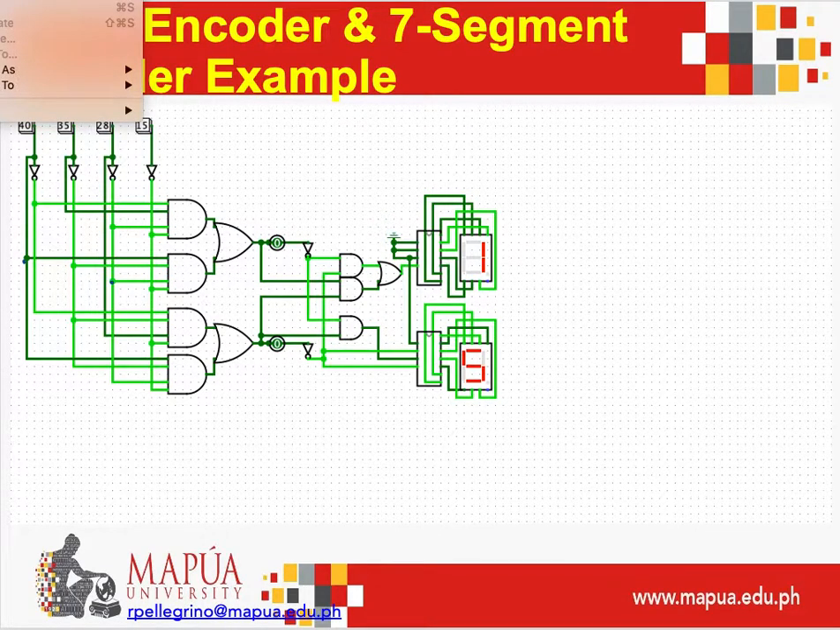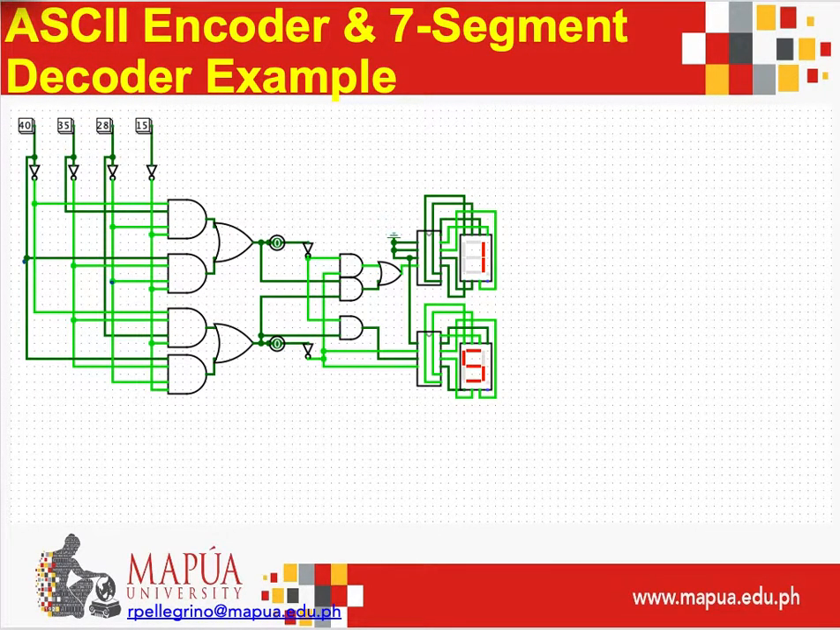So here we have an example of an ASCII encoder and a 7-segment decoder example. As you can see here, we have different inputs, which is what we call the ASCII, the keyboard that represents a particular number, for example, and we will be encoding this into its equivalent binary data. So when you say encoder, it goes from any signal